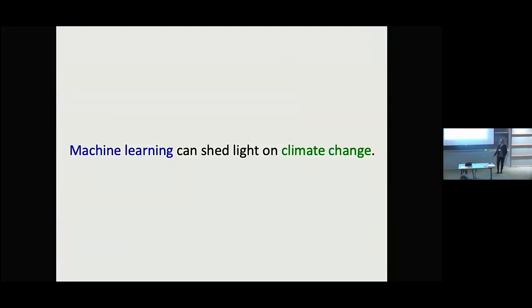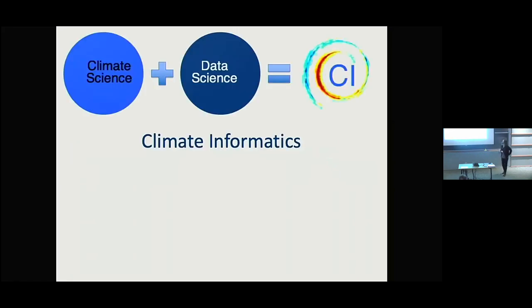And climate informatics is based on the vision that machine learning can shed light on climate change, which is also the vision of why a lot of you are here and working in this field. And we have critical mass on community building around climate informatics, dating back at least to